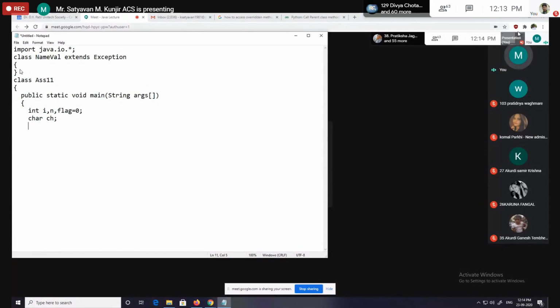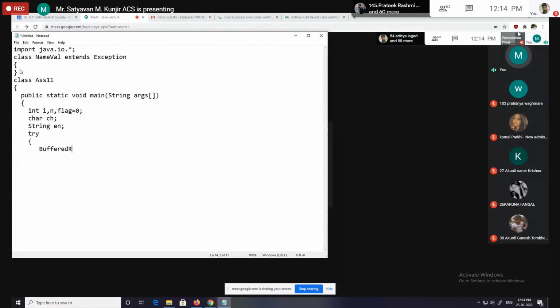And then one string variable, that is en, because in this assignment we have to take employee name from user, and we have to check whether it is valid or not. Then try, because we have to handle user defined as well as system defined exceptions.